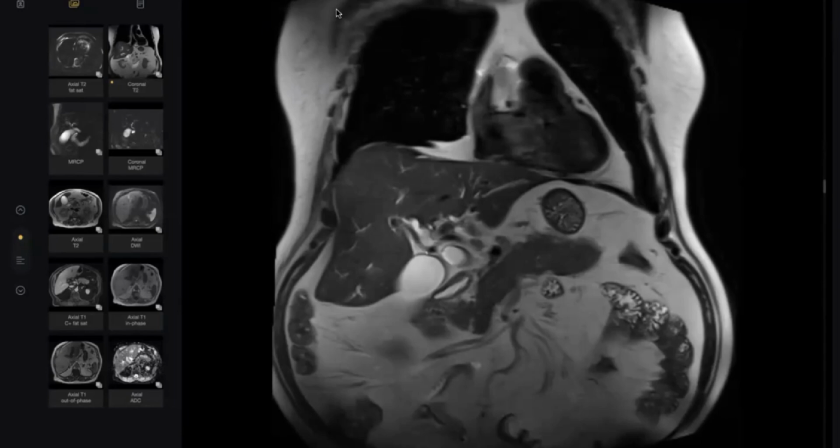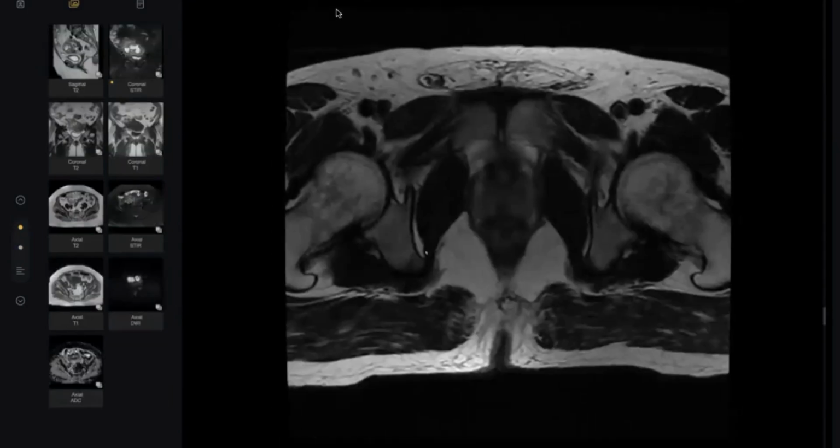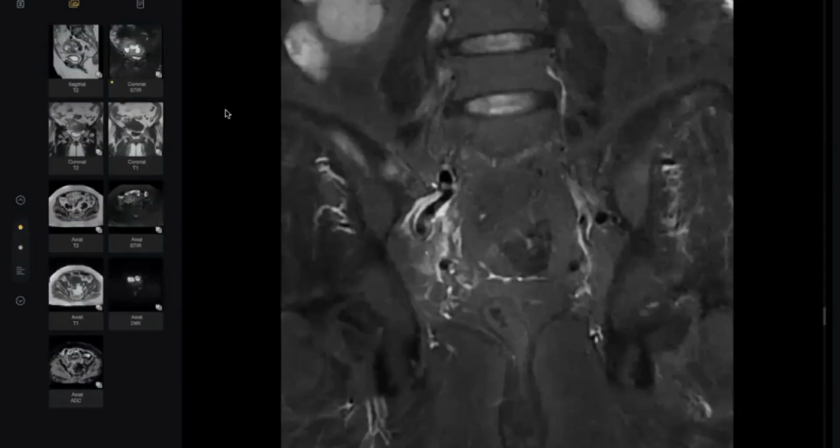In addition, there is stranding noted close to the tail of the pancreas and distal body. Sir, I could appreciate slight stranding near the tail of the pancreas. Okay. What else? So, sorry, 1 second. I think